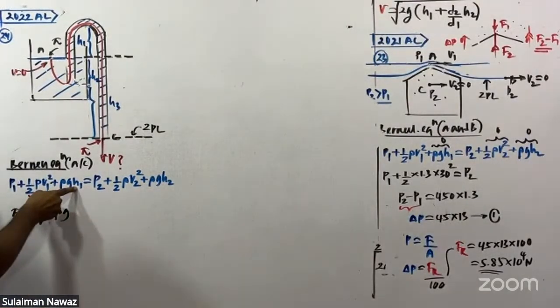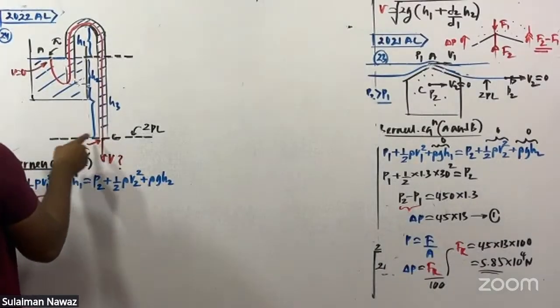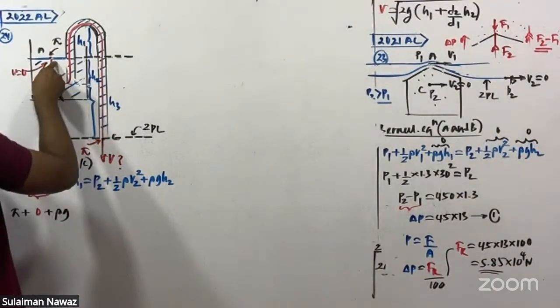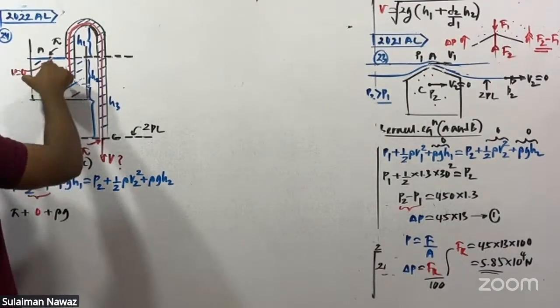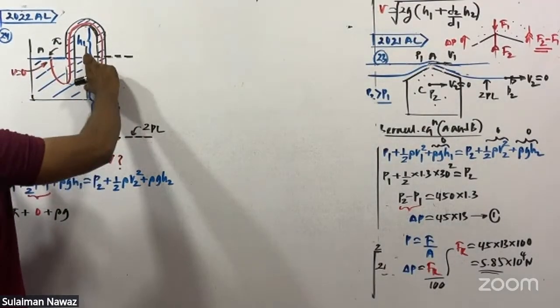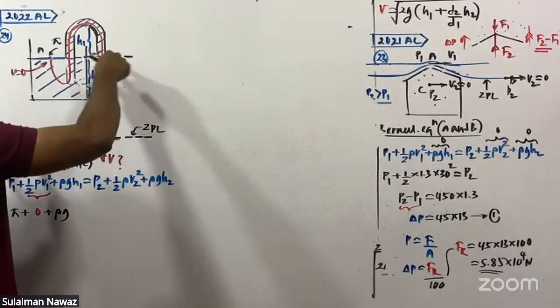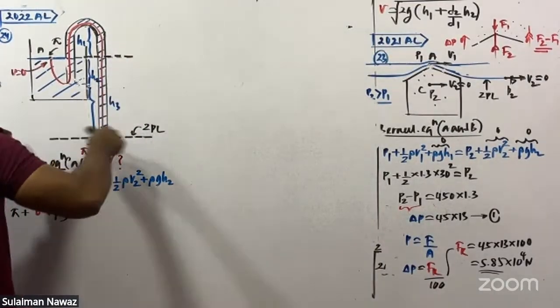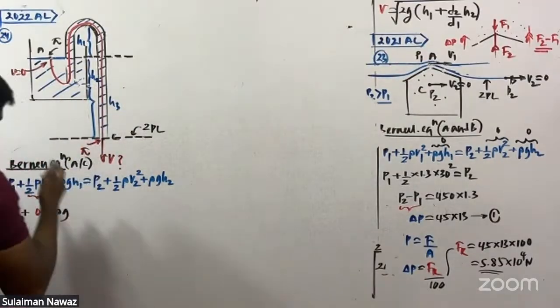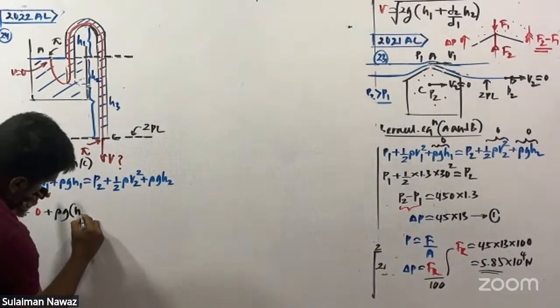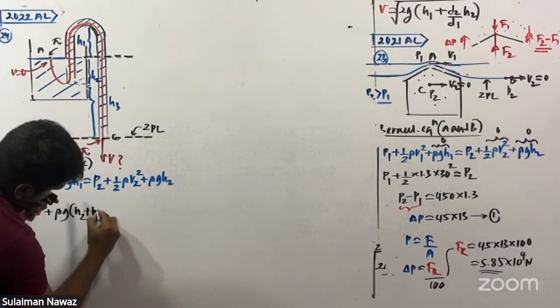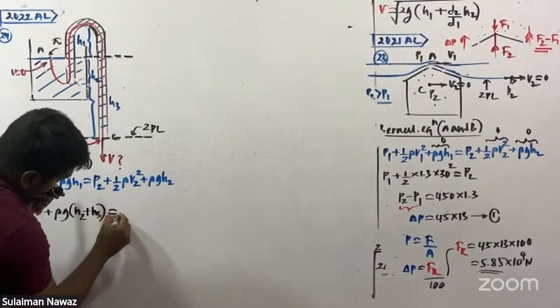What is H1? From the zero potential level, the vertical height to point capital E is going to be H3 plus H2. Am I correct? For this horizontal level, the vertical height is H2 plus H3, and that must be equal to